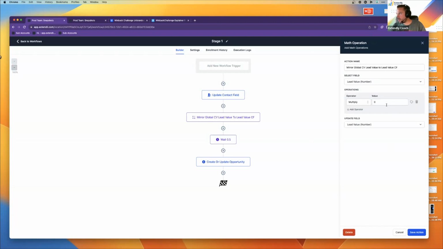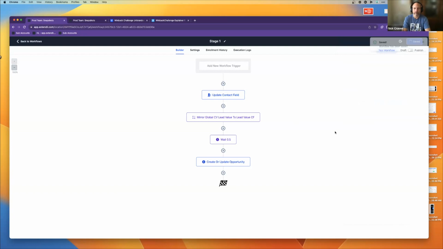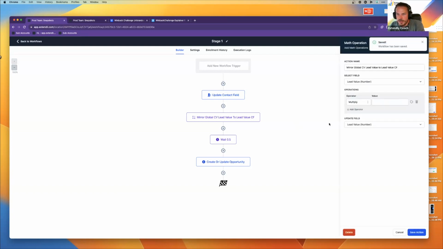The issue that we were experiencing is when we were going to increment a math value, you guys probably remember. This is the math action in workflows. What we're dealing with is a numeric custom field, a number-based custom field. You guys probably remember that we have several different types of custom fields we could use. We can do a text-based custom field, a monetary custom field, or a number custom field. We're trying to deal with the number custom fields because those are the custom fields that we need to use if we're incrementing